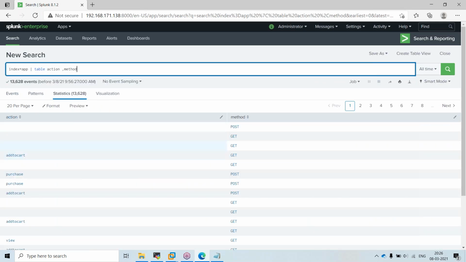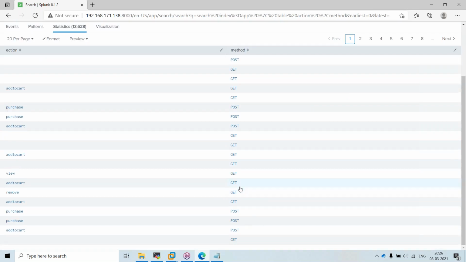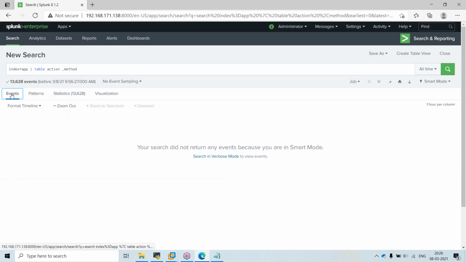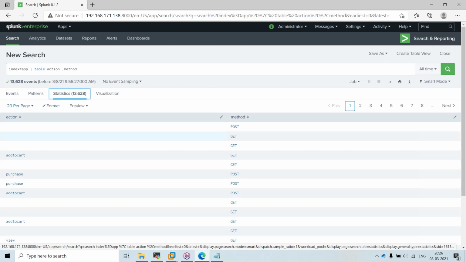There are some blanks actually in that action field. Looks like the data has some blanks. That's why it is displaying like that. So it is giving me the table format of the data.